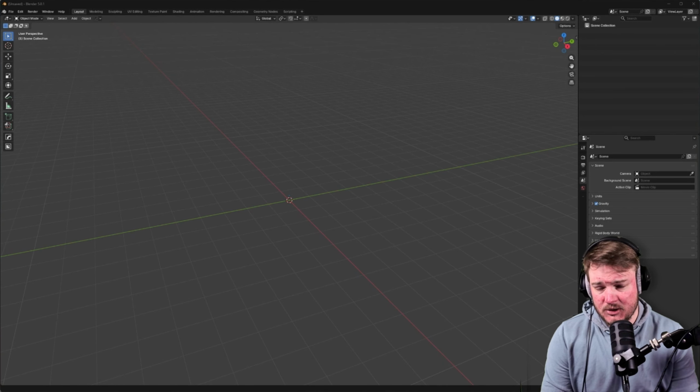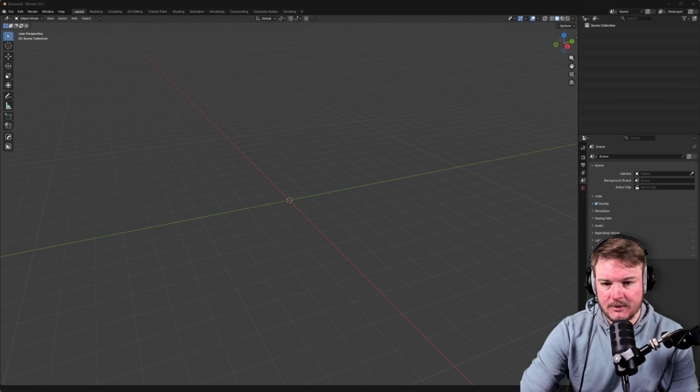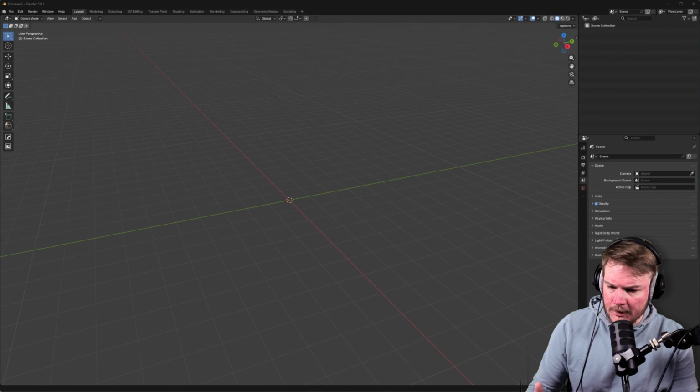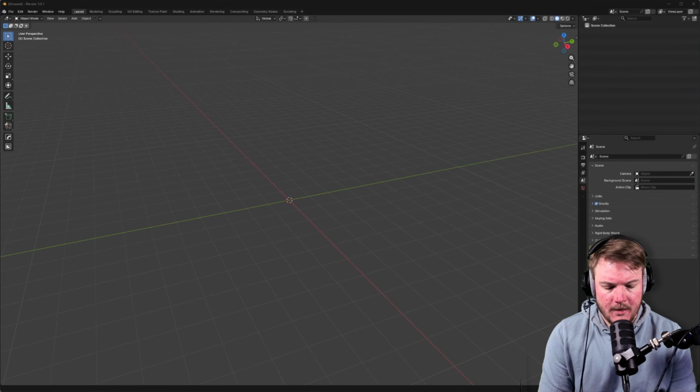address an issue we had last time, which was exporting environment assets, especially foliage, trees, from Blender to